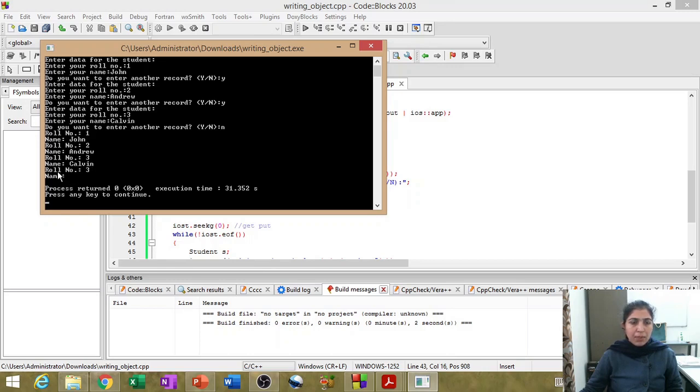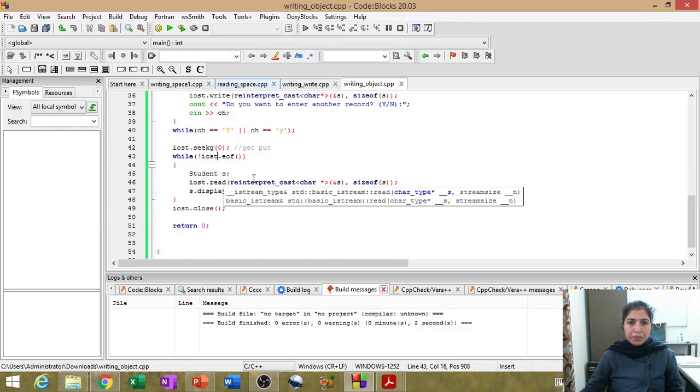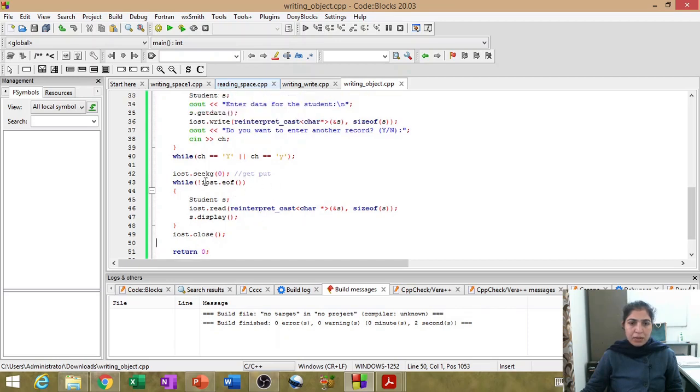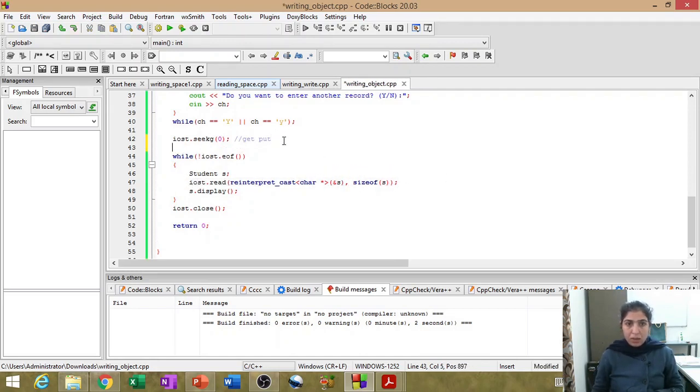I think there is a problem here. Roll number 3, name. There is a problem here. I think we are reading even if we reach the end of the file. So what we can do here is, let us copy this and place it here. So we read the first record, and